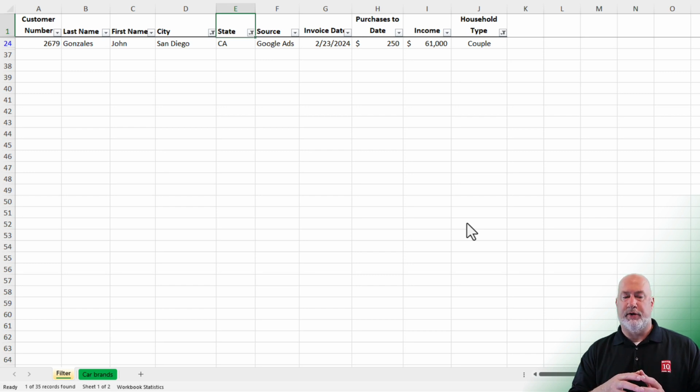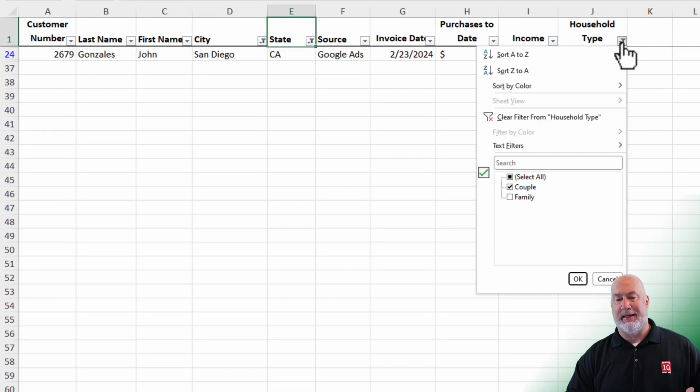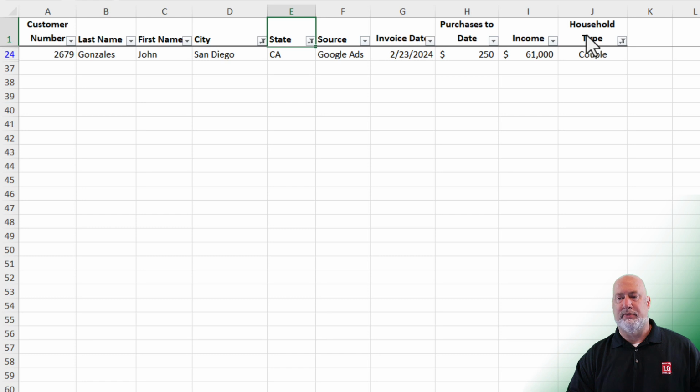We're using 3 filters. We're using cell D1, E1, and J1. I can tell because they've turned into funnels. I could sit here and click each one and hit clear filter from. My rule is this: once I've used 2 of them, I like to just clear the filter myself. So we got to filter from the Home tab using Sort and Filter.